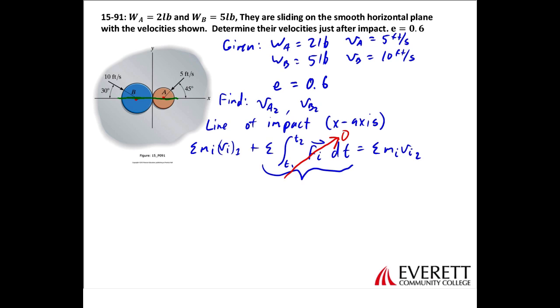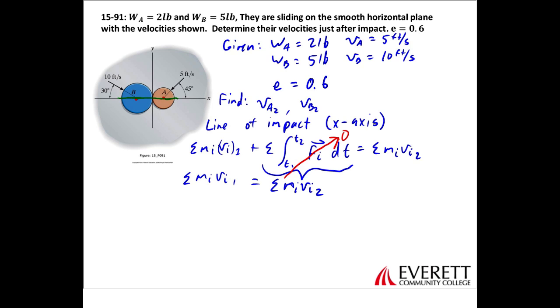And that's simply the sum of mᵢvᵢ₁ equals the sum of mᵢvᵢ₂. And of course those subscripts I just mean that you can sum up many different objects. In this case we only have two, so we're going to have mₐvₐ₁ plus m_b v_b₁